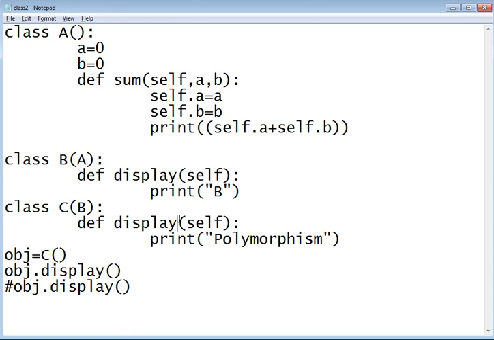So a class name is abstract, not real. We create objects to make it real. And we define functions, and we apply private and public access specifiers to make it encapsulated.